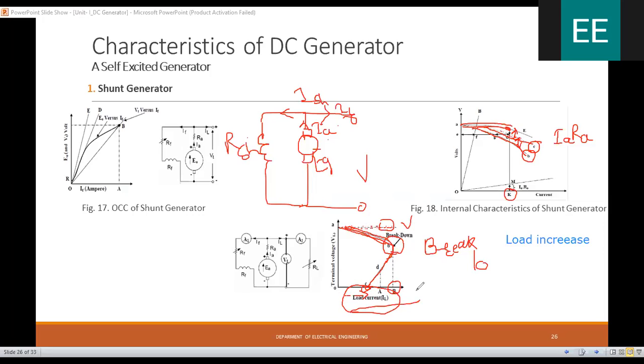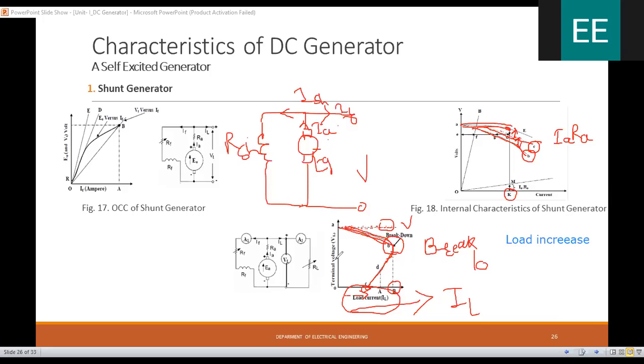See the relation. When the load on the machine increases, ज्यावेळेस machine चा load increase होईल, then the load current IL increases, and when the load current IL increases, the terminal voltage of the DC shunt generator drops gradually, or reduces gradually, up to the point where the breakdown point is there. If we again increase the load, that means one point comes like a breakdown point, there the breakdown will happen. At that current, the load on the machine will decrease. Sorry, the load current of the machine will start decreasing. Also the voltage of the machine will start decreasing.